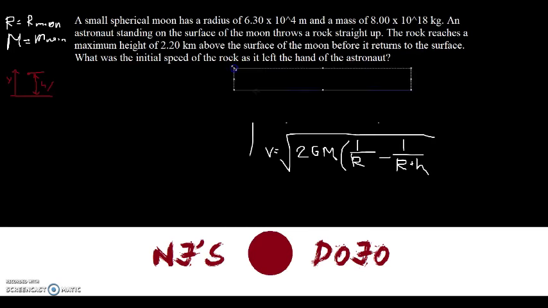Okay, but I'm not going to take this equation out because that's the equation we actually need. So now I'm going to type it in. Now I'm going to plug in variables. So v is equal to